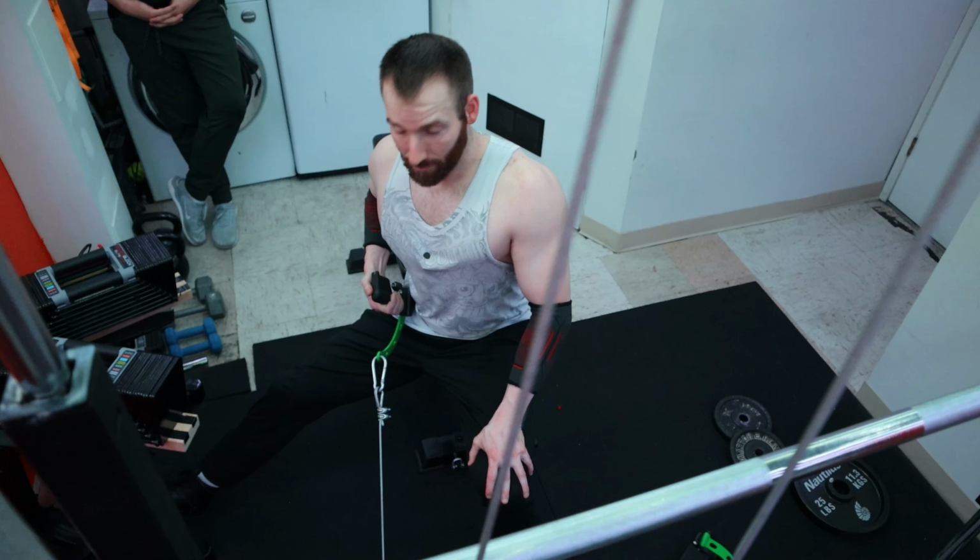And then as I'm pulling, not only am I going to be twisting slightly to get extra lat activation, but I'm also going to be rotating my wrist a little bit as you go. You'll just kind of feel it a little bit different. So doing it just like this gives you a huge range of motion to get some really good stretching and some muscle activation. But one way to make it just a little bit better is if you've got a bench,